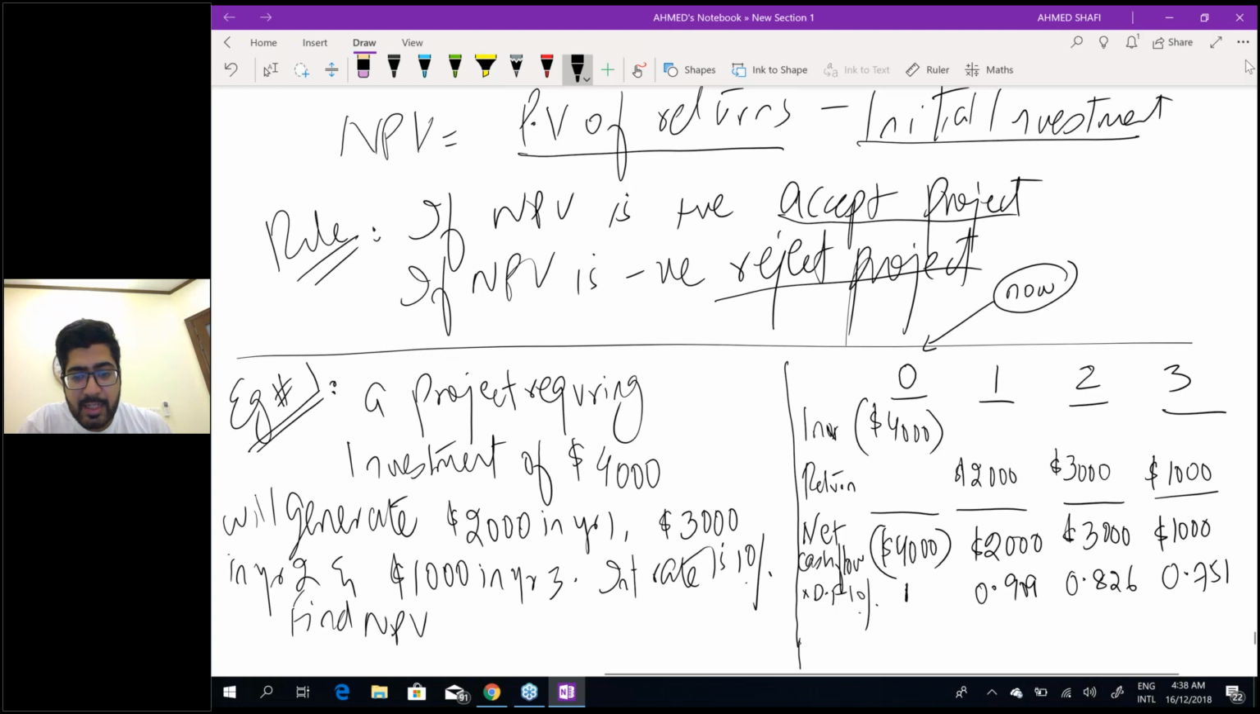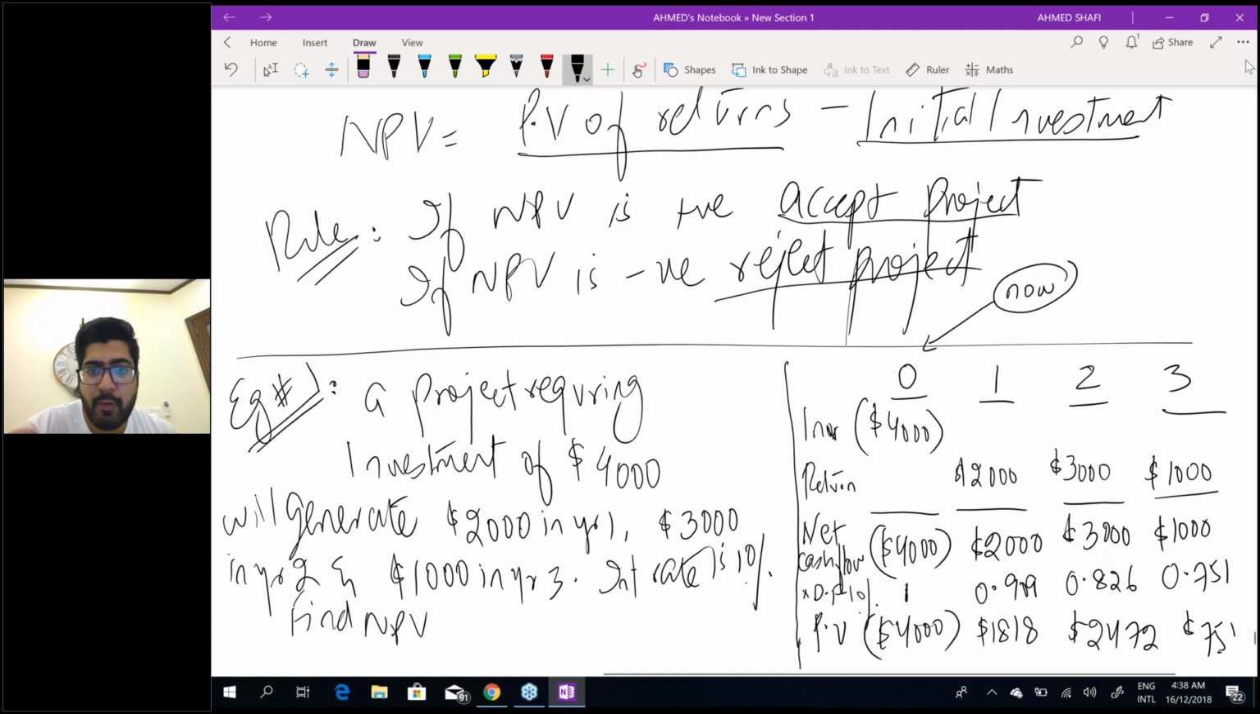When you multiply these net cash flows by discount factor, you get present values. 4,000 into 1, 4,000. Okay. 2,000 into 0.909, 1818. 3,000 into 0.826, 2472. 1,000 into 0.751, 751. Now, if you will net off all these present values,